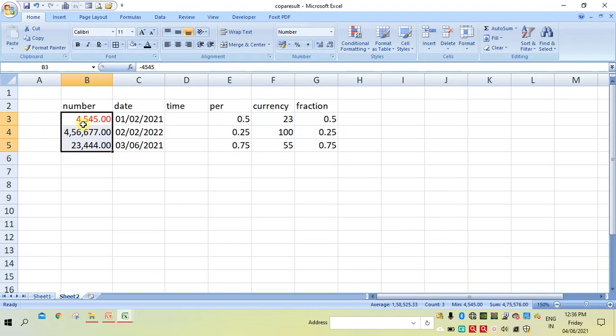It means wherever you input a negative number, it will become a red number. For example, I will change this. I will write here -1. So it will become red.